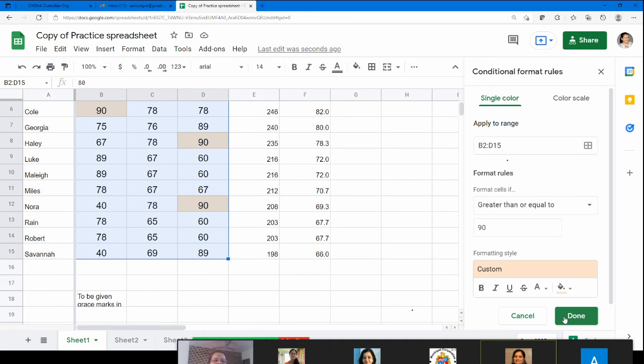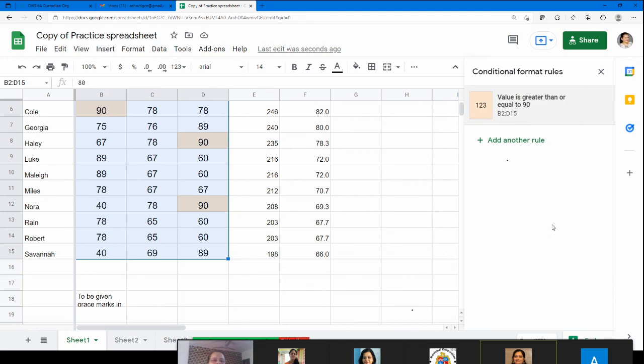So if it is greater than or equal to 90, let's see if all the greater than numbers are also marked or not.